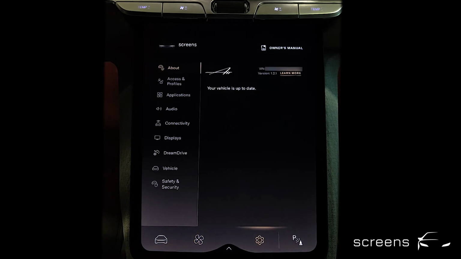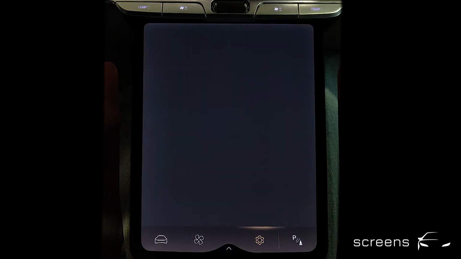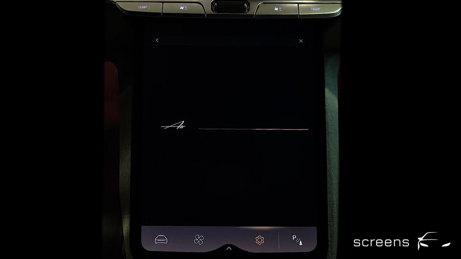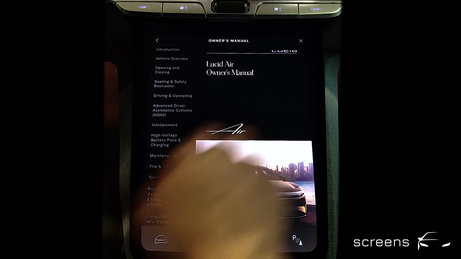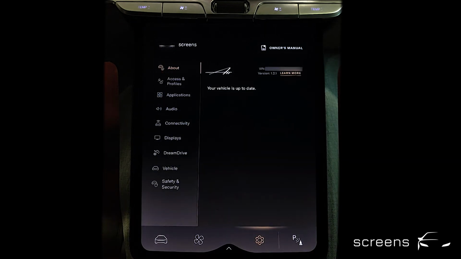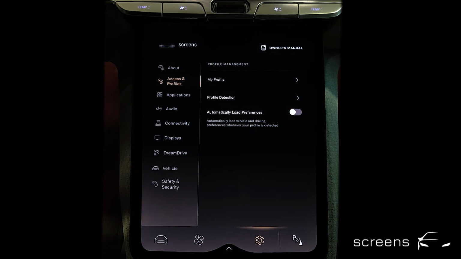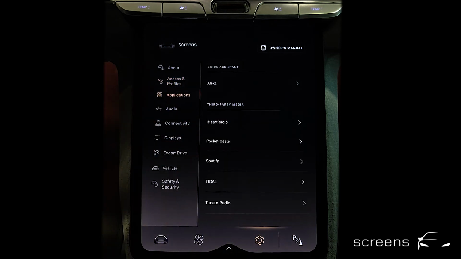Moving on to settings next. We can access the owner's manual in the upper right corner. While we find additional options on the left. Access and profiles, applications,